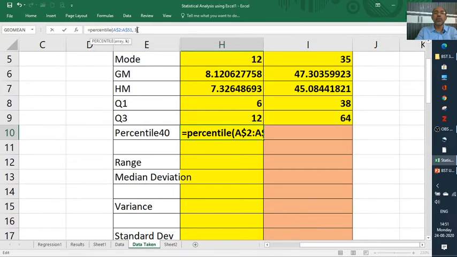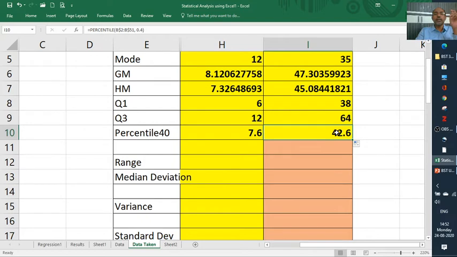Percentile: you have to put the percentile, how much you want. Is it 40%, 30%, 20%? You just put a value between 0 and 1. That means if you want 40%, put 0.4. This is called the 40th percentile. Is it okay? The same I am calculating for the second variable also.